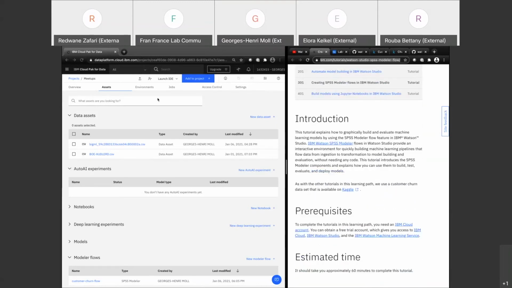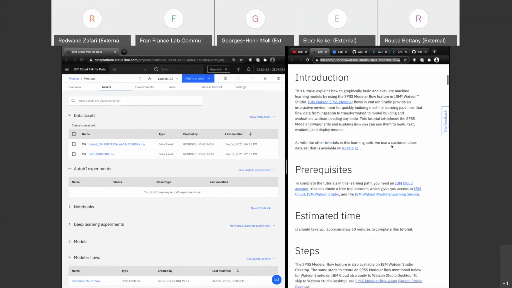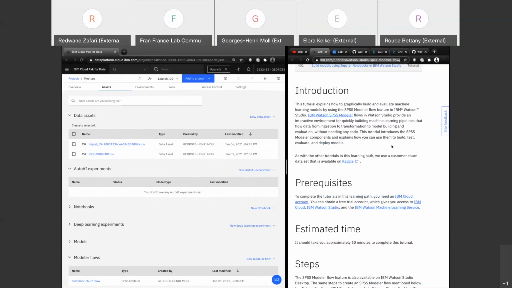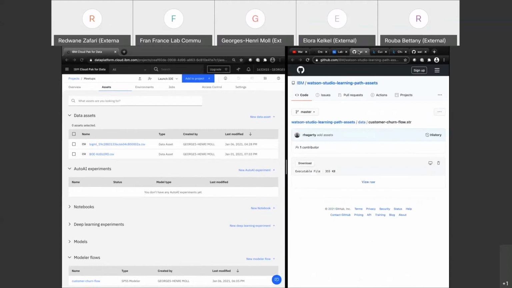So I'm assuming that you have a project, that you have been pushing this create project button just before. You have created a new project, and you have this tutorial available for you, which is based on data from Kaggle. So if you click here on this Kaggle button, we will go to this environment